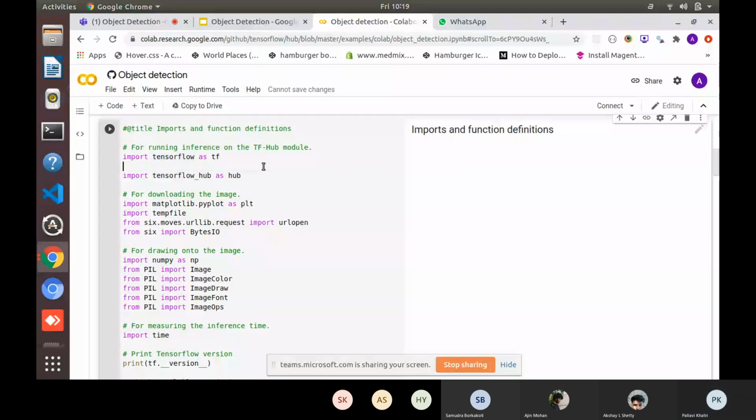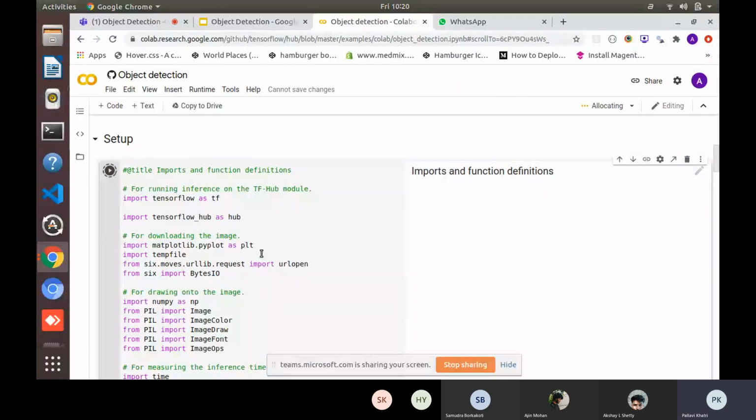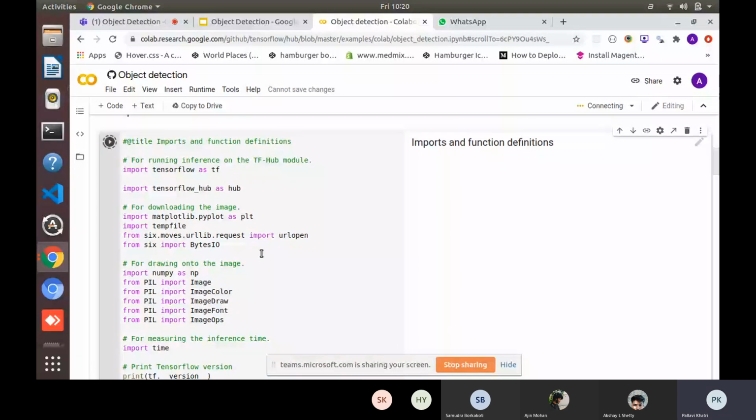I'm importing TensorFlow, then some libraries for downloading the image, then some libraries for drawing onto the image, which is basically visualization. My model will detect and tell me the coordinates where the object actually resides in the image, and then I need to draw those boxes over that image and show it here. So first of all, I simply run this. This will import all my functions.